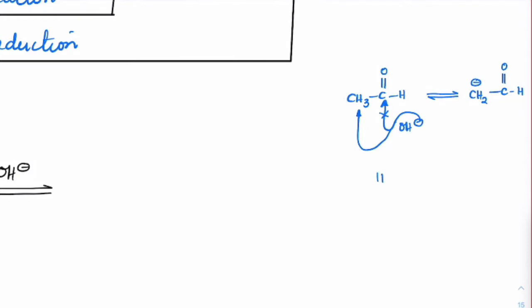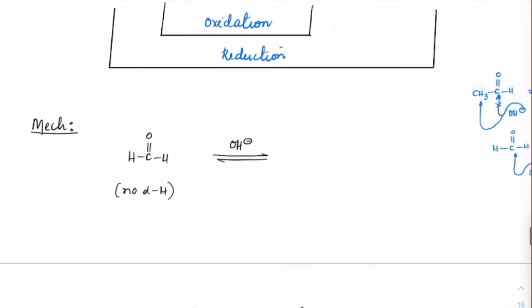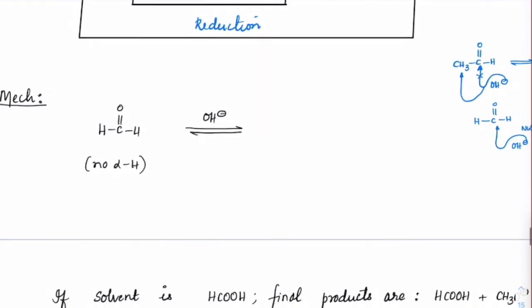But what if there is no alpha hydrogen present at all? Since there is no alpha hydrogen, the base has no other option but to act as a nucleophile only. So this is the only reaction we can expect. If there was an alpha hydrogen, definitely that is the first priority. Got it? But if there is no alpha hydrogen, the attack will always be nucleophilic. The same logic will be applied here. You would see there is no alpha hydrogen here.